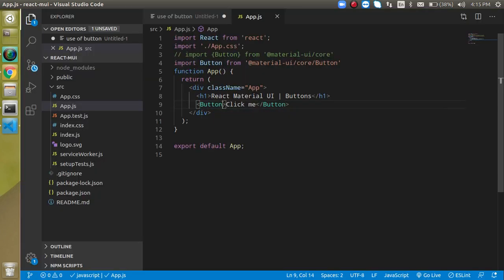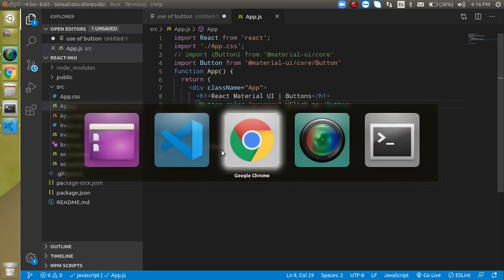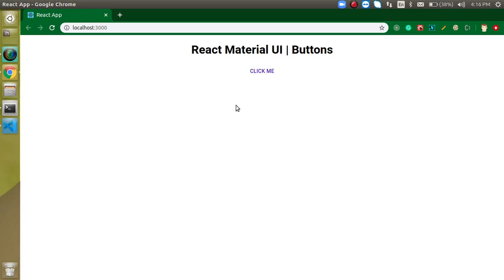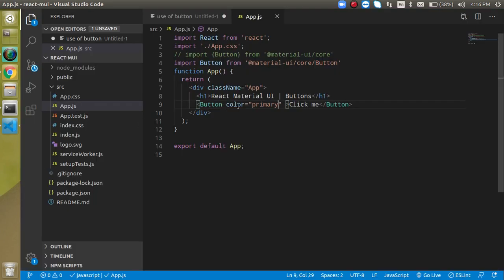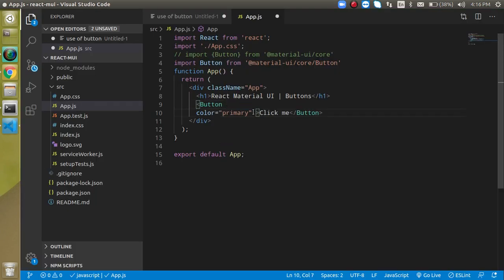So first of all, let's add here color, right? And in the color property, you cannot use red, green and all. You can just use primary, secondary, default, warning kind of things, right? So just put here primary. Whenever you put primary, it will change the button text color. But let's say you want to change the background color, then okay, so let's break this button into